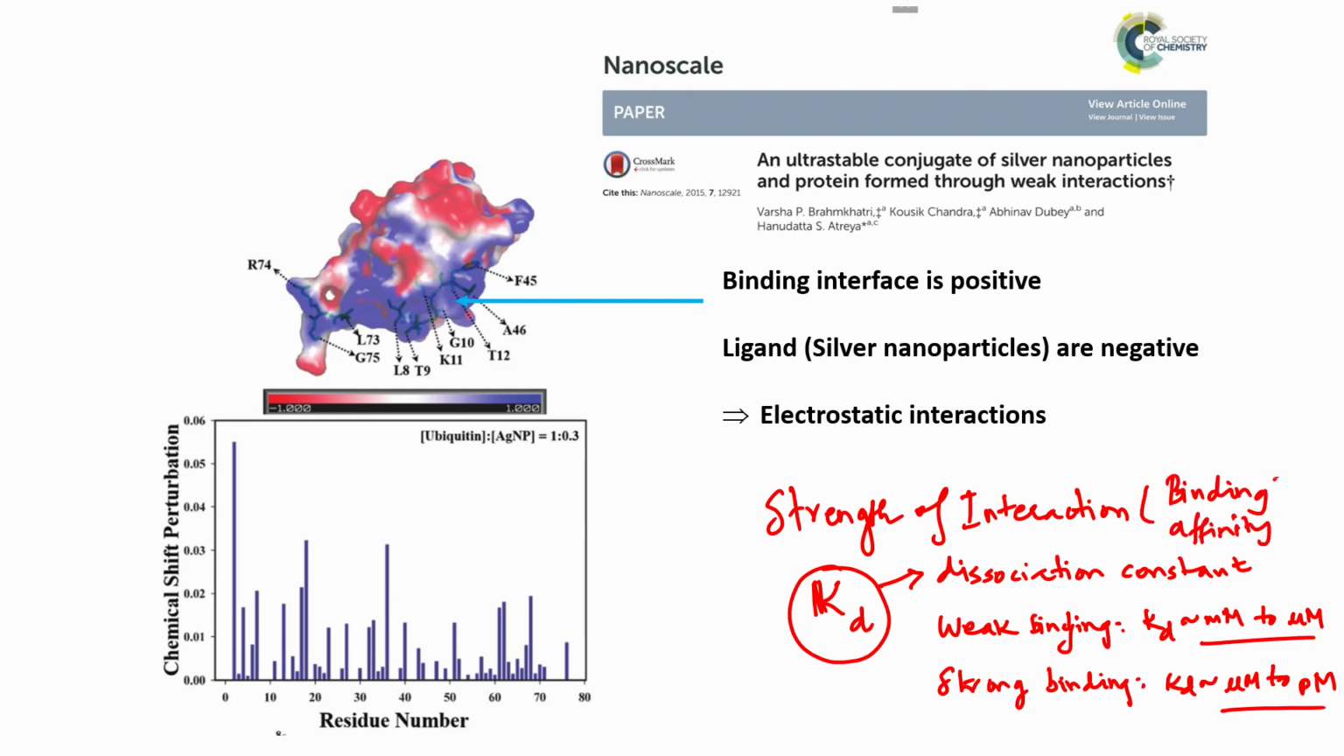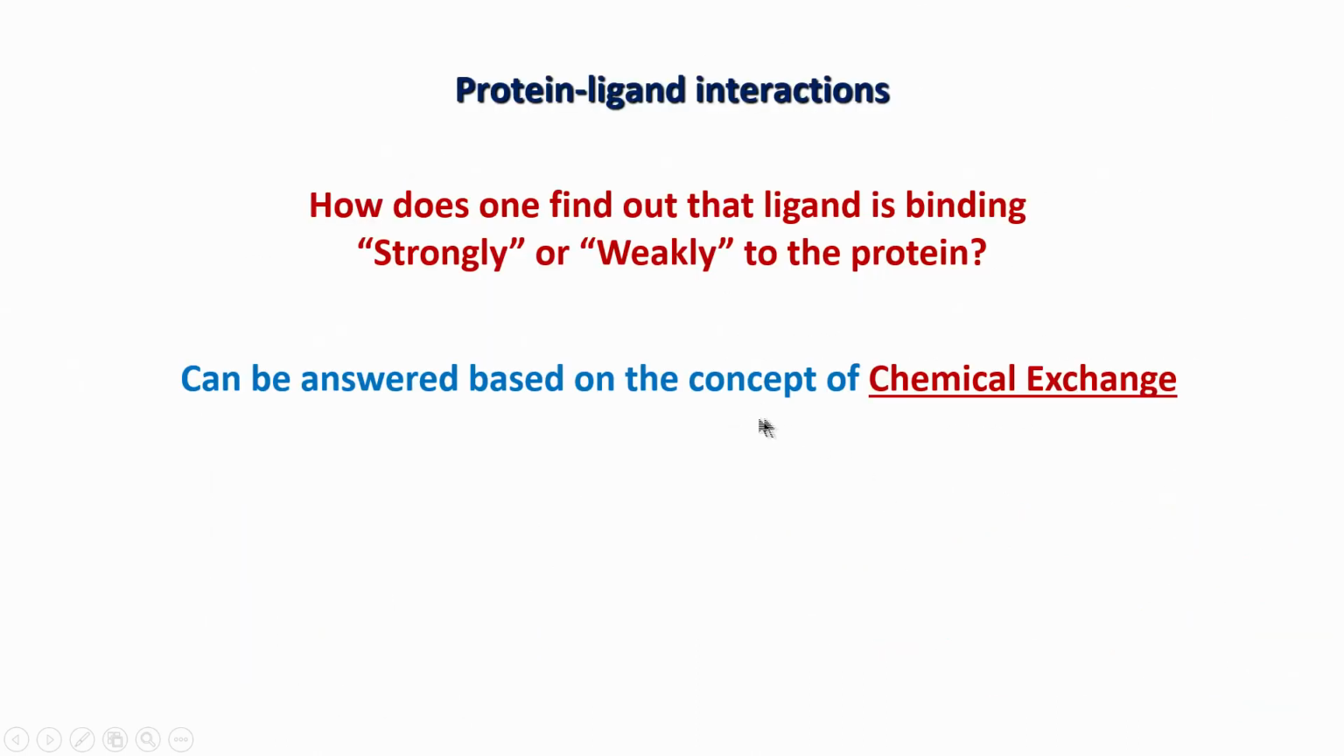So, NMR can also be used for characterizing the binding affinity of a protein and ligand interaction, and that, as I said, is measured with this number. So, let us see what happens in case of whether the ligand is strongly or weakly bound. How can we understand that idea? And this leads us to a very important concept called chemical exchange. So, based on a phenomenon called chemical exchange, we can find out whether there is a strong interaction